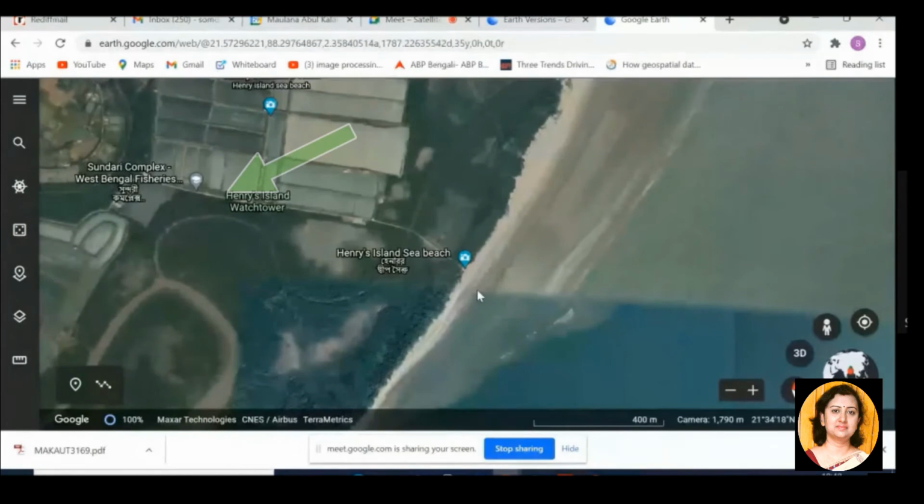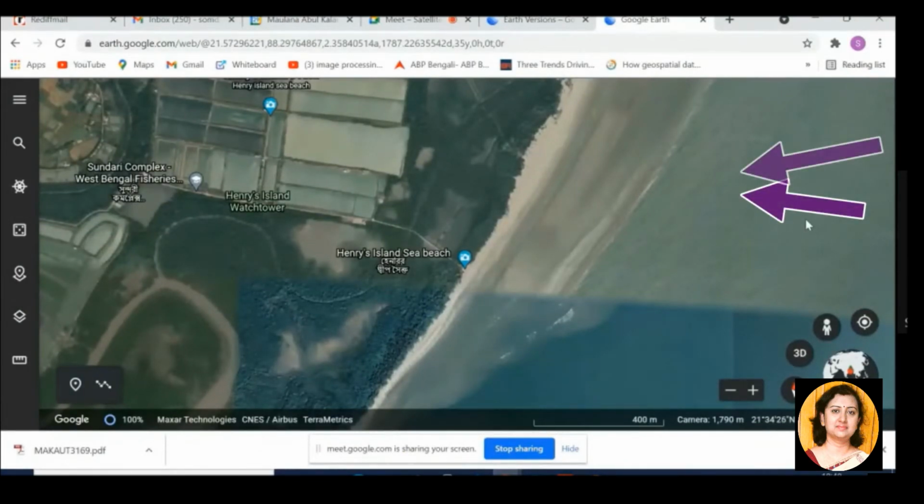Now, the intersection of a road does not change over time, but if you select a point somewhere in the mid of Bay of Bengal, on a water body, it will be very difficult for you to select a similar location on the uncorrected image, isn't it?